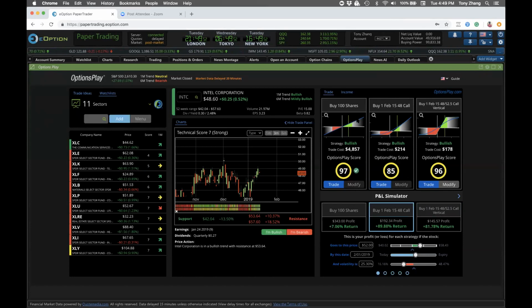So first of all, if I bought the stock, I make a 7% return. That's a nice return in just a couple of weeks. However, compare that to buying a call option. I'm going to make a 90% return because buying 100 shares of the stock costs me $4,800, while buying a call option costs only $214. Buying a call vertical costs only $187, but I'm only going to make an 81% return. So in this particular case, I'm probably looking at buying that February $48 call option that gives me that upside exposure, so that if I'm correct, I make a 90% return on my money versus just 7% on the stock and 81% on the call vertical.